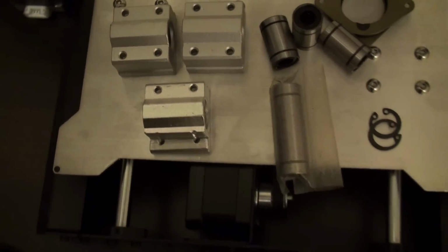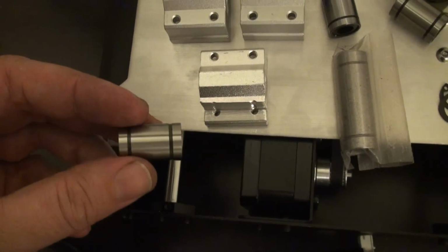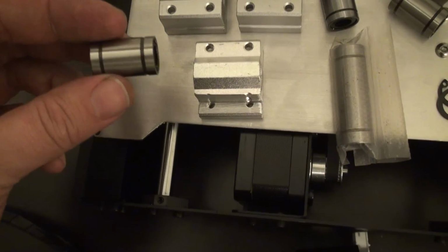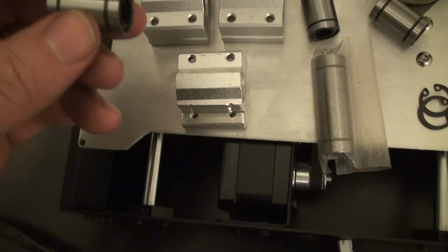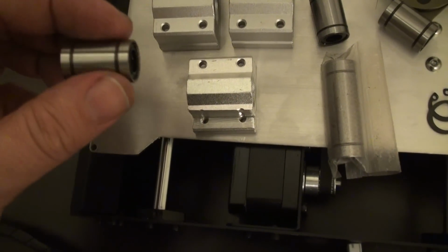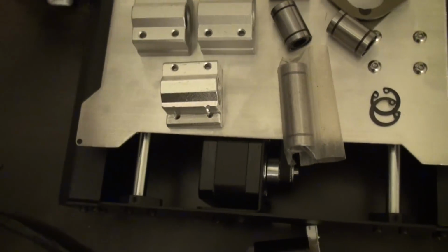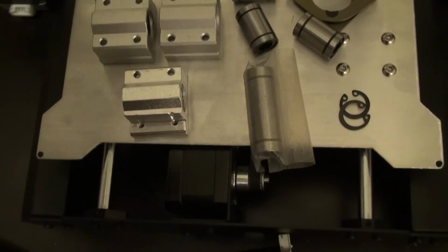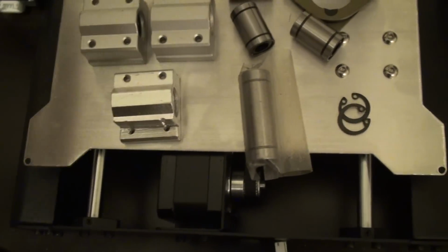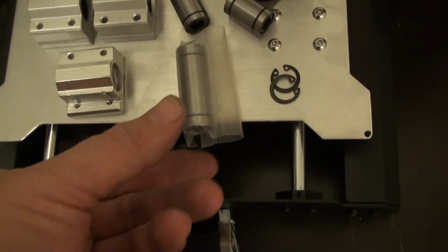The problem with this is these relatively cheap bearings are sometimes noisy. These are the standard LM8UUs. And sometimes when they roll on the rod, you'll hear a little bit of notchiness, or you actually hear the balls. Basically the balls are re-entering the recirculation track. They go in a groove and through a return path and re-enter the race and travel along the rod. So one of the things I've done is I found that